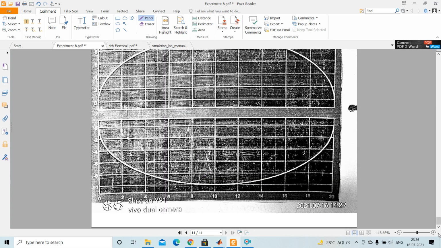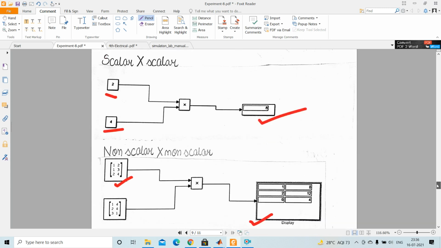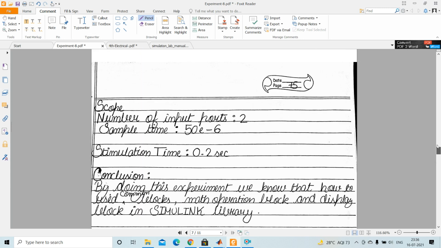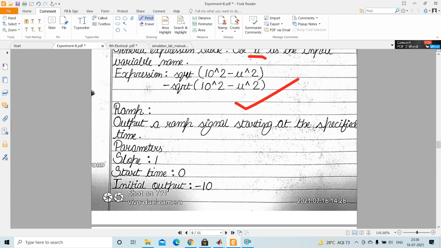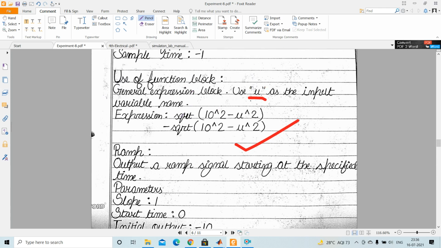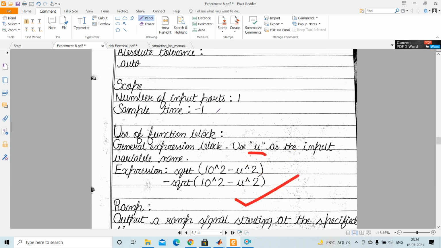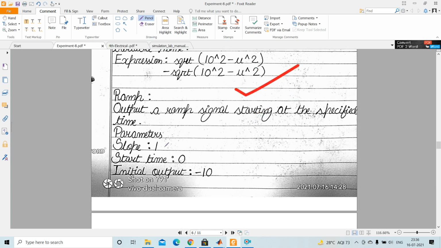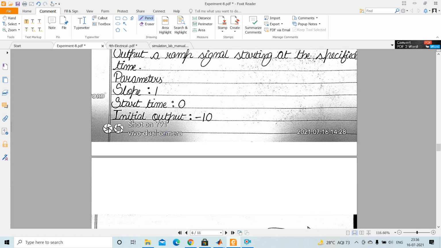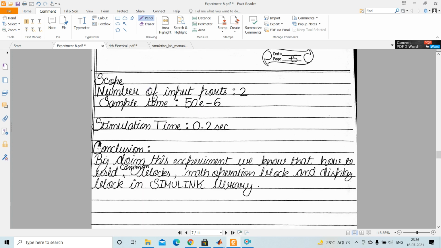All the parameters which I have shown here are written over here. This is the expression, this is for simulation of a circle. Here we are using a ramp signal as input. Then for the scope, the number of input ports is 2, and the simulation time you can use is 20 seconds, or you can use 0.2 second.